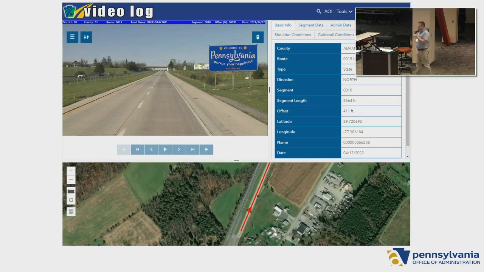So imagery isn't just the base map type imagery. Videolog presents another type of imagery, and whether you've used Videolog or not over the last 20 or so years, a lot of people here have probably used Google Street View. And we get a lot of comments, and I'm sure even in the back of your mind is, okay, give me Google Street View. What do I need Videolog for?